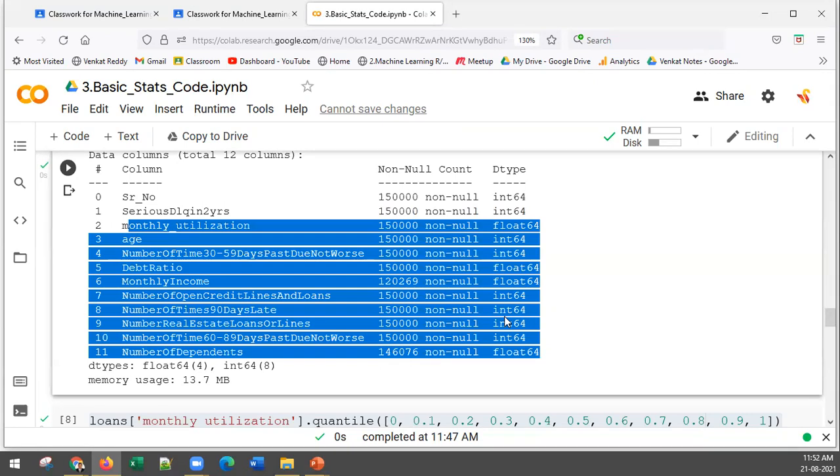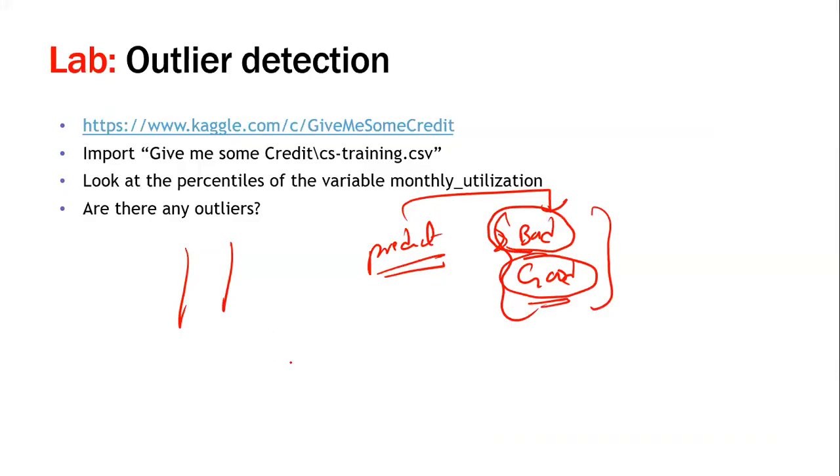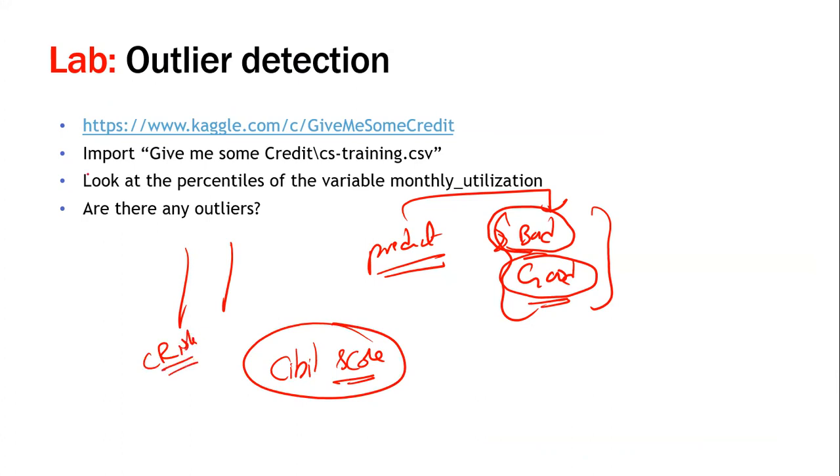If the customer is going to be a good customer, I'm going to give a loan to him. If he is going to be a bad customer, we will reject his loan application. This is known as credit risk model building. Have you ever heard of CIBIL score? Yes, CIBIL score is calculated based on a credit risk model. You can think this is the data that is used to calculate the CIBIL score. That is the business context here. Is it clear?